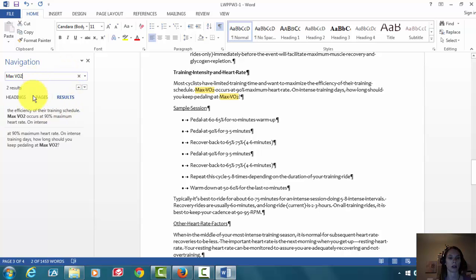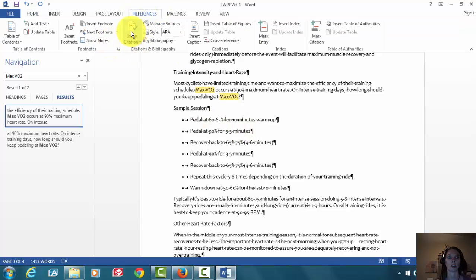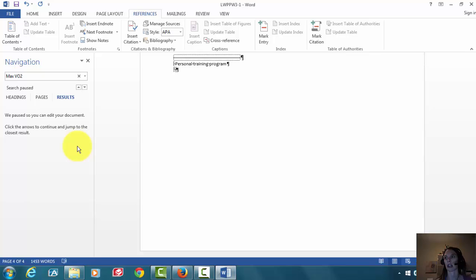And it found two of them, so I'll pick the first one. You can see it's just right here, so I'll place my insertion point there. Click the Insert References, Insert Endnote, and we'll type the highest rate